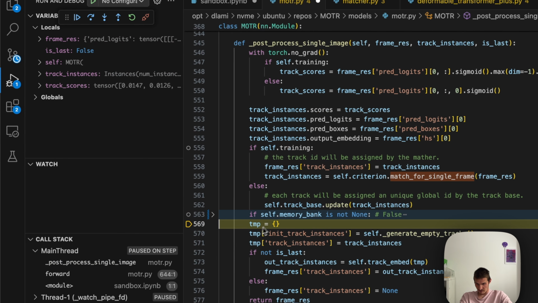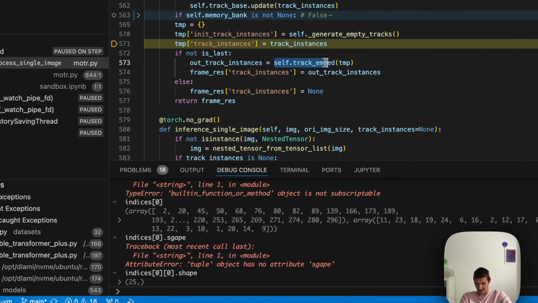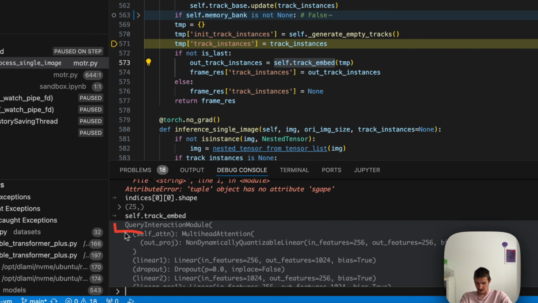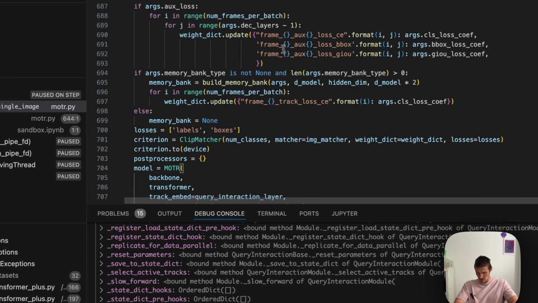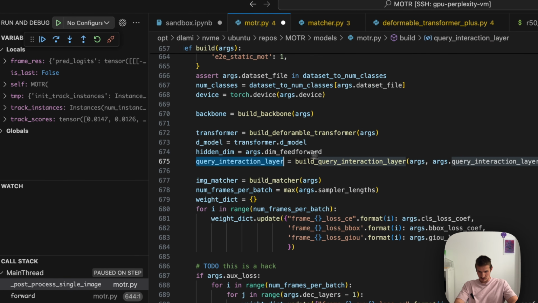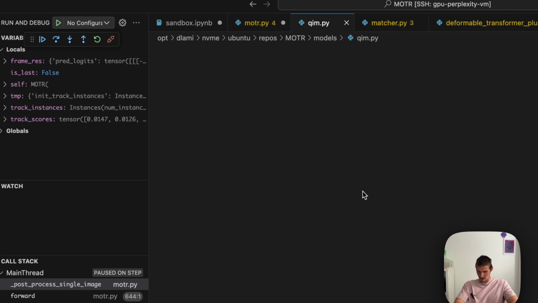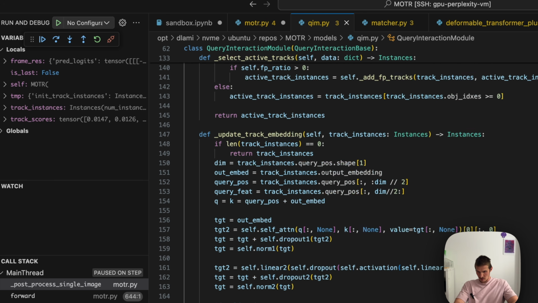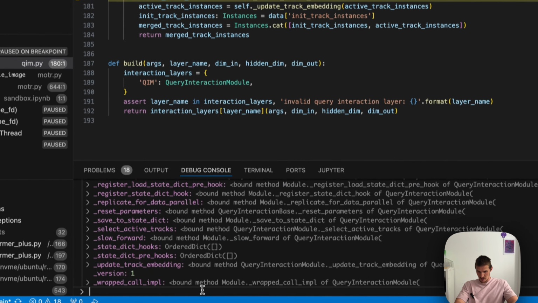So we can see that we have some stuff related to memory bank, which is false in our case, so we're not going to read that. And then we call this self.track embedding, which is a query interaction module. So let's find this query interaction module. Again, same file, in the bottom of the file, query interaction layer, which returns this query interaction module. And it just has a forward method. And I press continue. So again, now we have data,